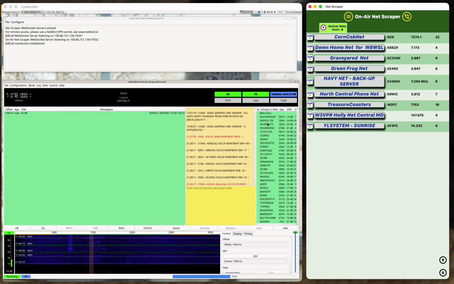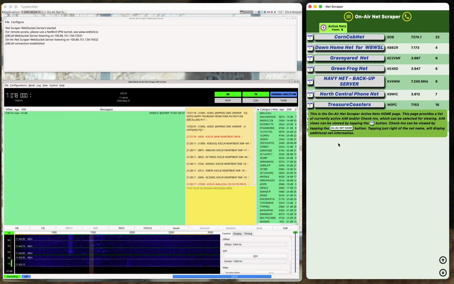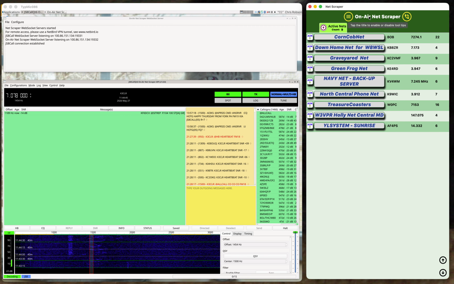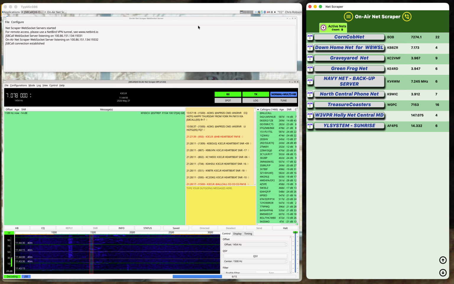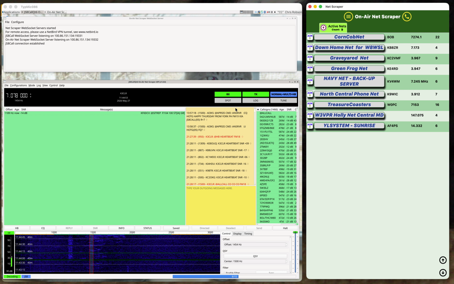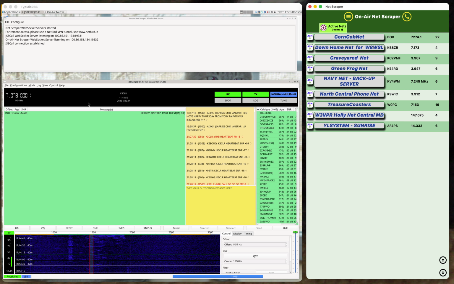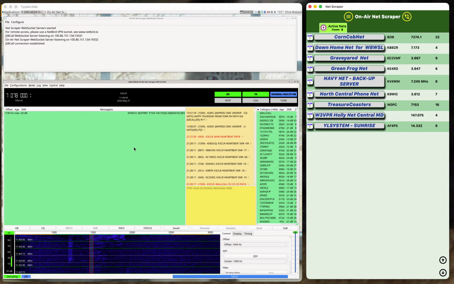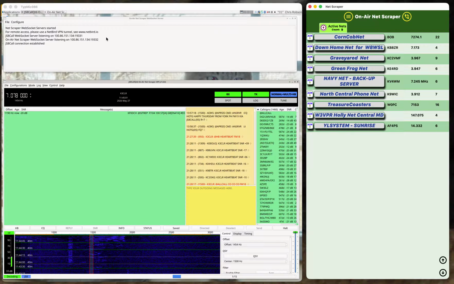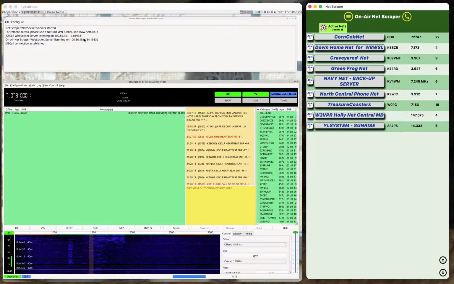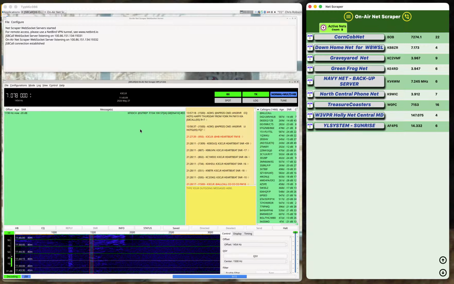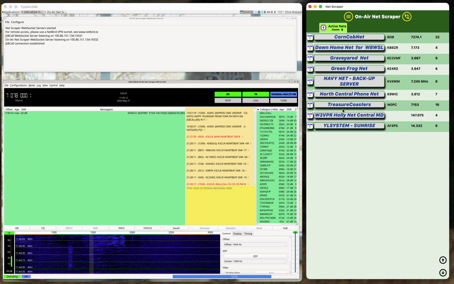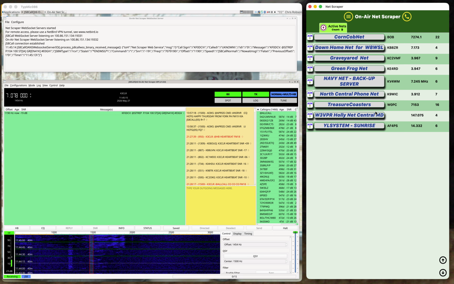In this video, we're going to discuss the new JS8Call configuration with Netscraper, the Netscraper app. Just a quick review: we've got a window up here that's a remote into the server that I'm running that runs the JS8Call application software and the on-air Netscraper headless bridging software that connects JS8Call software to the on-air Netscraper app